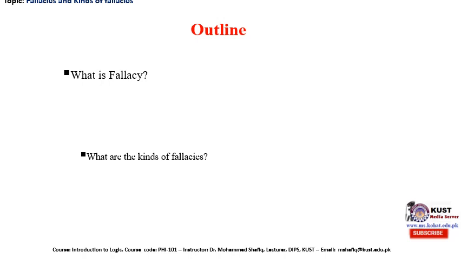Such a piece of unsound reasoning is called fallacy. When the premise of an argument fails to support its conclusion, we call the argument a fallacious argument. So a fallacy is an argument which appears to be valid apparently, but in fact it is not, and which